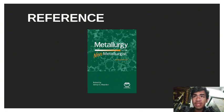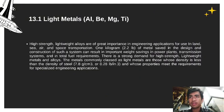Non-ferrous metals, a variety of possibilities, and my main reference is a book named Metallurgy for the Non-Metallurgist. Okay, next is chapter 13.1. Light metals such as Al, Be, Mg, and Ti, high strength lightweight alloys, are of great importance in engineering applications